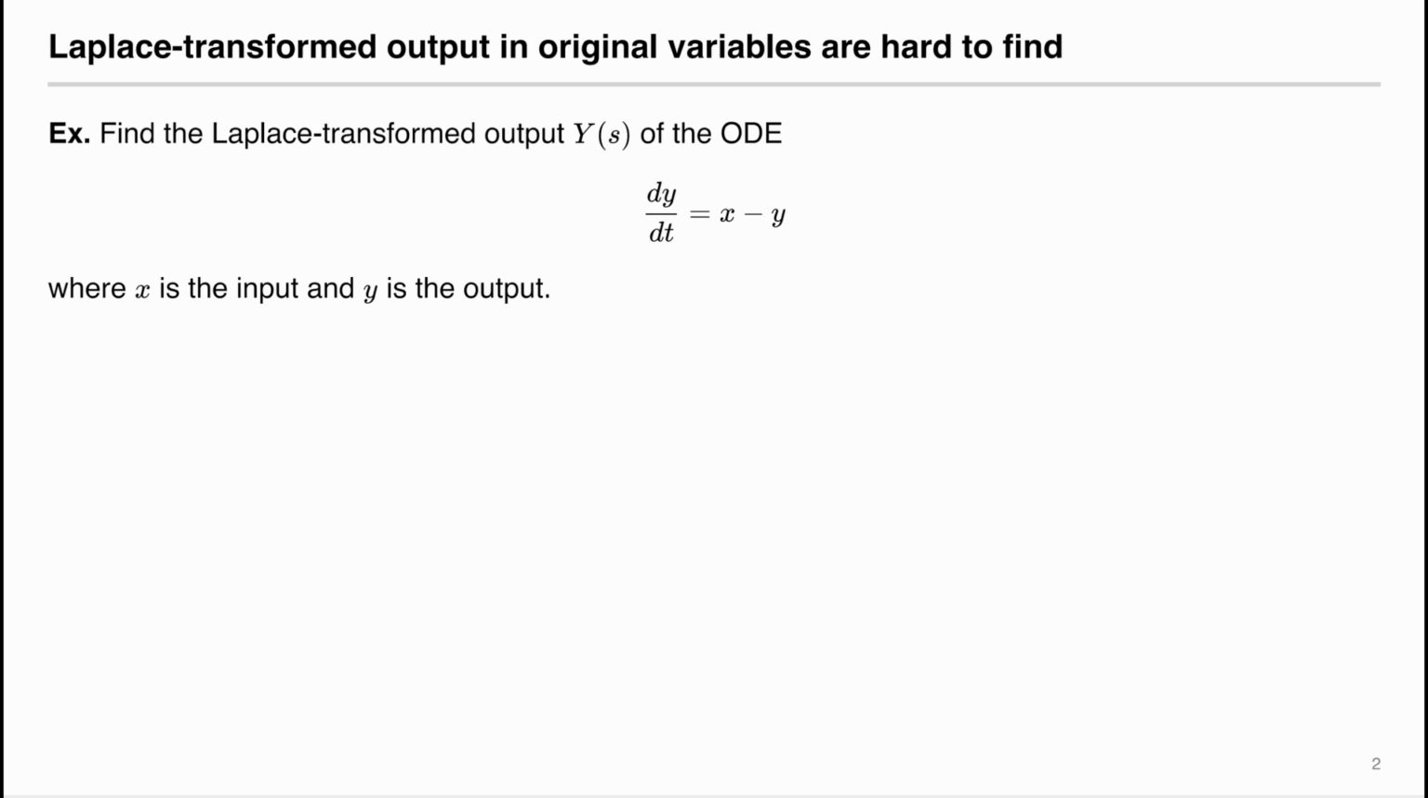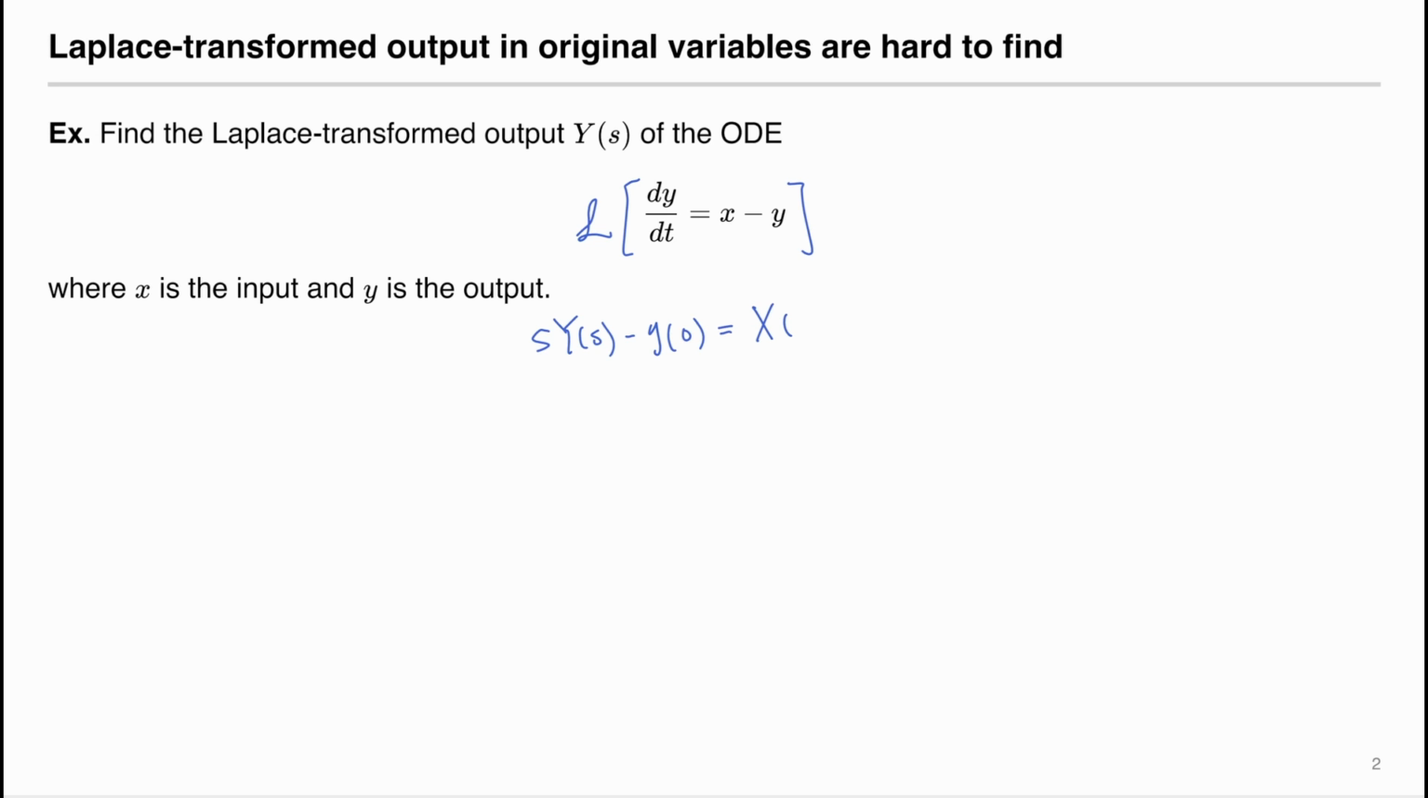So here I have a governing ordinary differential equation, dy/dt equals x minus y, where x is the input and y is the output. And we want to find the Laplace transform output. To do that, we take the Laplace transform of the ordinary differential equation on both sides, and on the left we have the derivative. We have sY(s) minus the initial condition